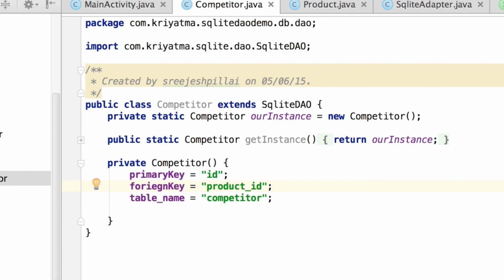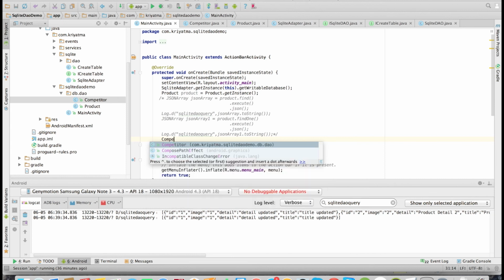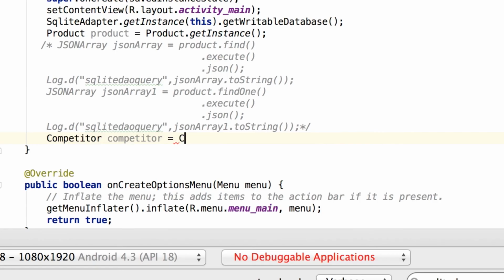Okay. That's it. We are done with the competitor DAO. Now we are ready to write the joins. Please note that the primary key and foreign key in the join table is very important to create the joins. So now let's add the code to create the joins.